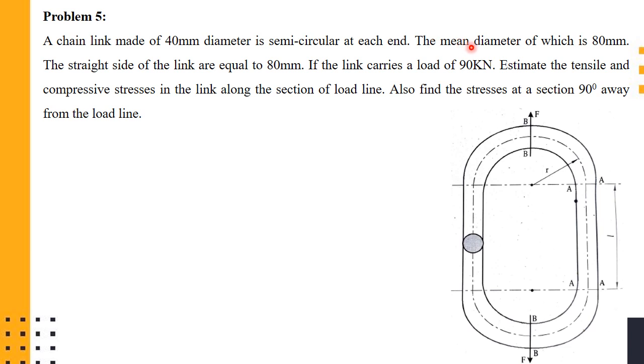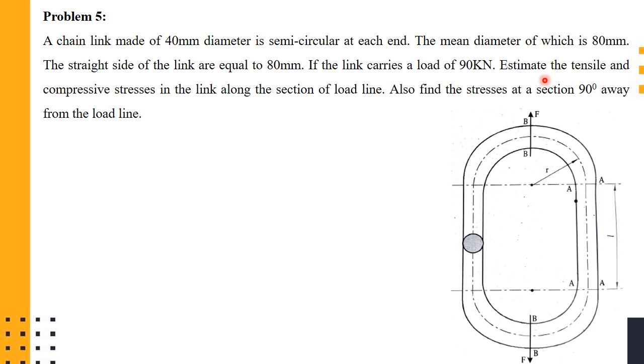The mean diameter, that is the diameter we can consider here, is around 80 mm, and if the link carries a load of 90 kilonewton, that is F is around 90 kilonewton, estimate the tensile and compressive stresses in the link